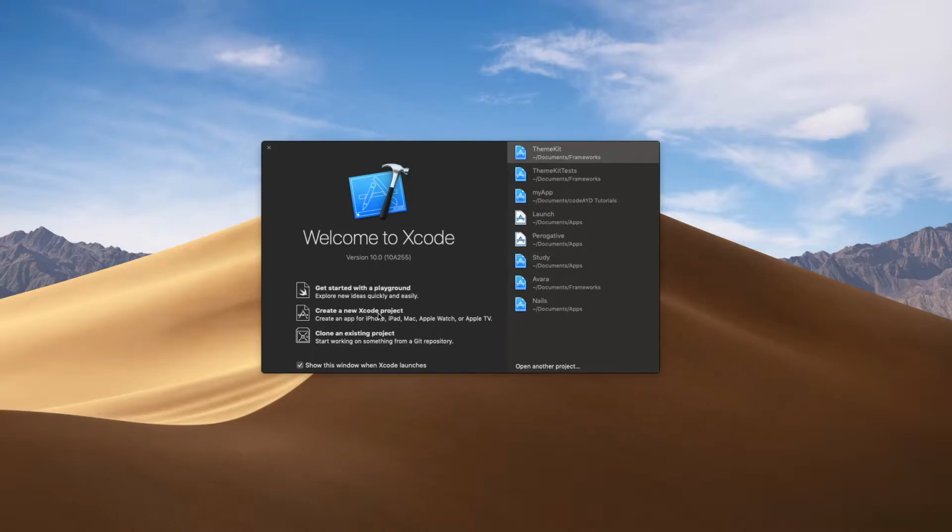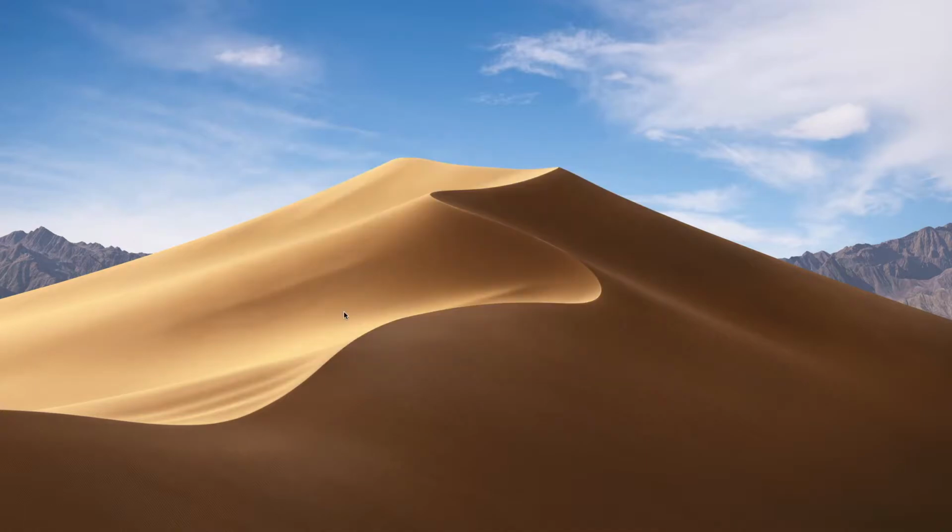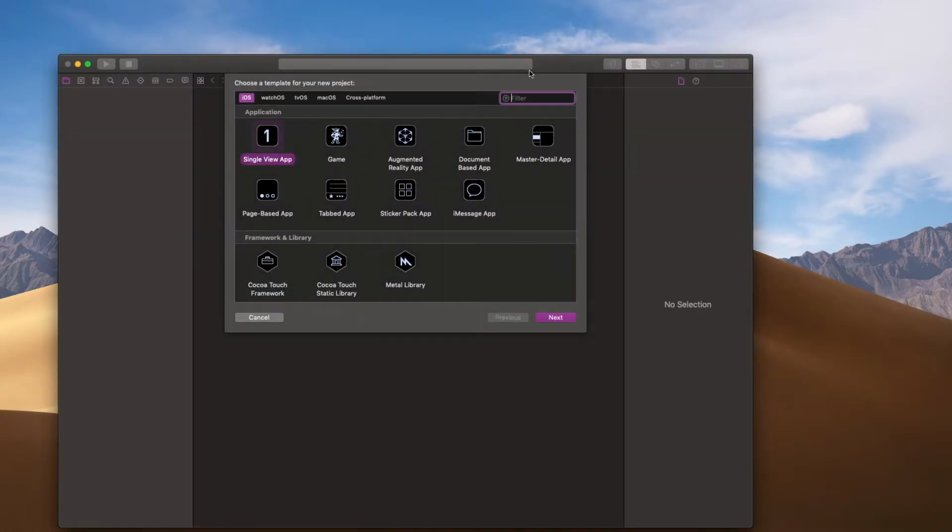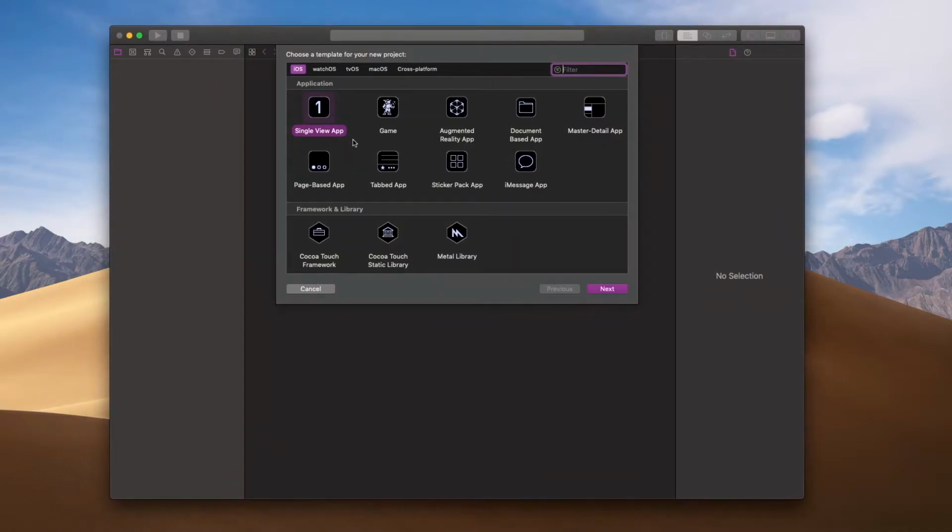A project is just another way of saying an app or a framework or some sort of project. But if you want to create an app, which is what we're going to do, then you want to create a new project. So it's that second button here in the middle. Click create a new project, and then it's going to give you some options. So the first option is, what do you want to create? So we see here we have application, we have framework and library, and there's a few others, but there's also